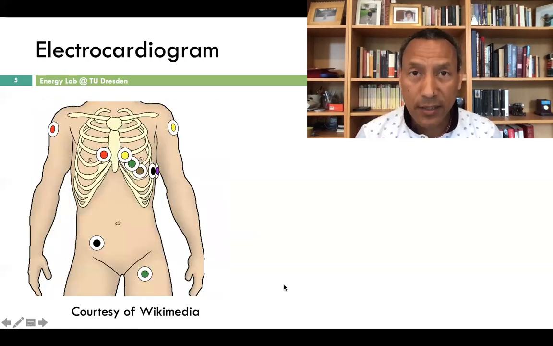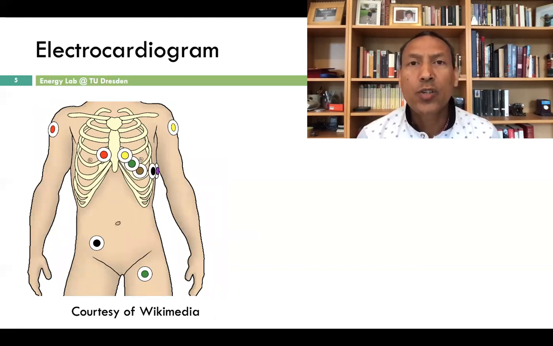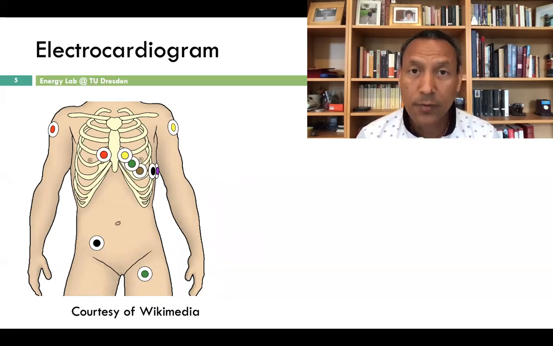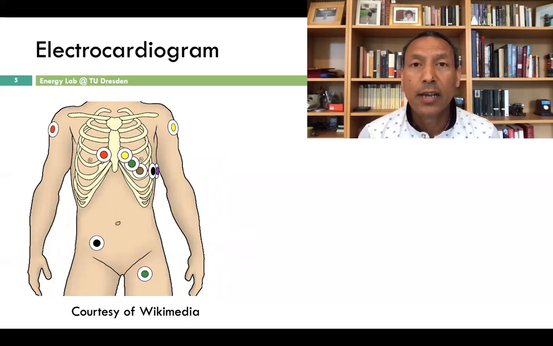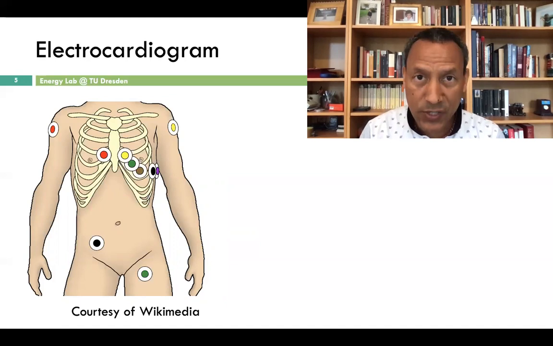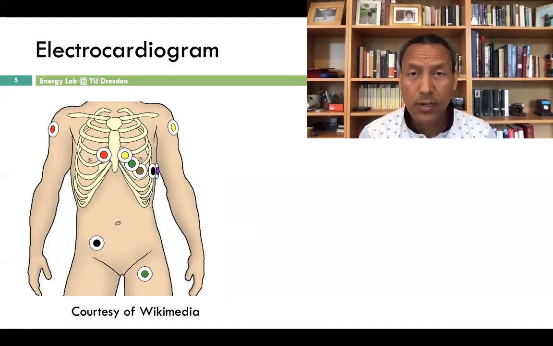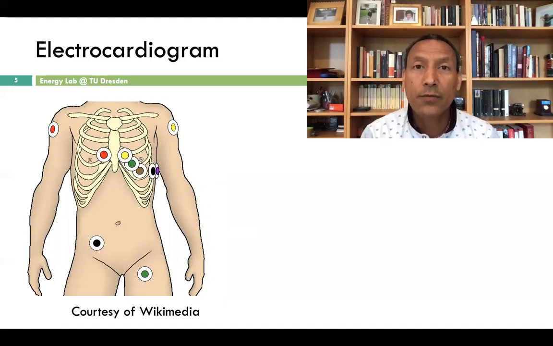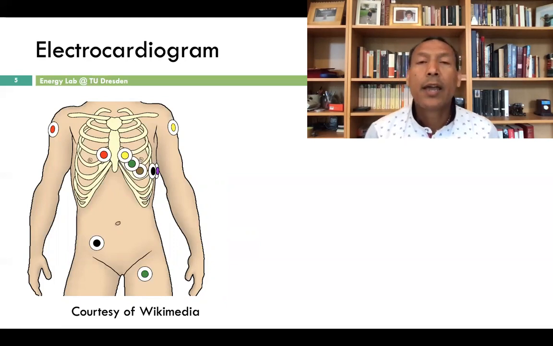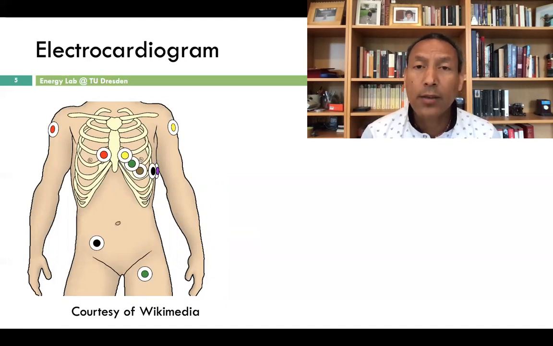In a clinical setting, when the person is resting and relaxing, doctors usually use a 12-lead electrocardiogram to observe the heart's electrical activities. And these are some of the locations where the electrodes will be placed. The electrodes are simple conductors, and they measure the potential difference between these points. The potential difference, as I said, comes because of the propagation of the electric pulse in the atrial wall and ventricular